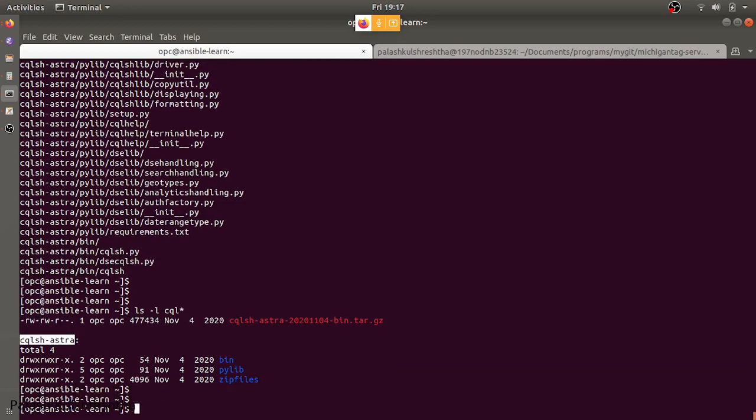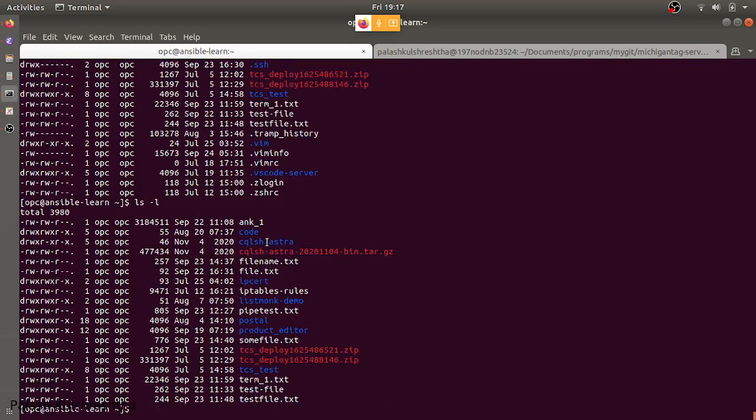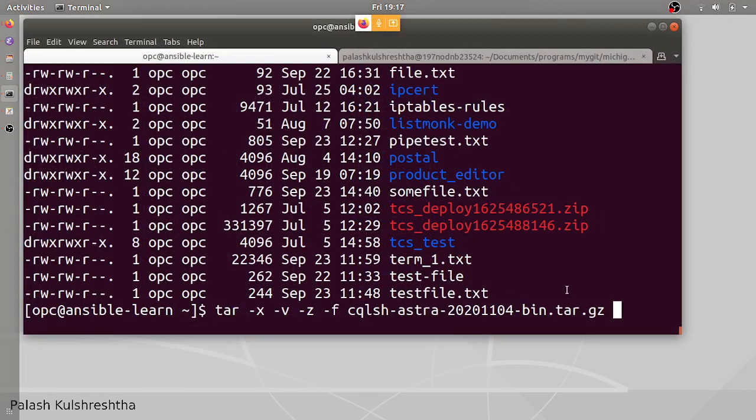Let's try ls -l. So we can see that it has created a new folder called SQL Astra. So this is the way we unzip or untar a given gz file.